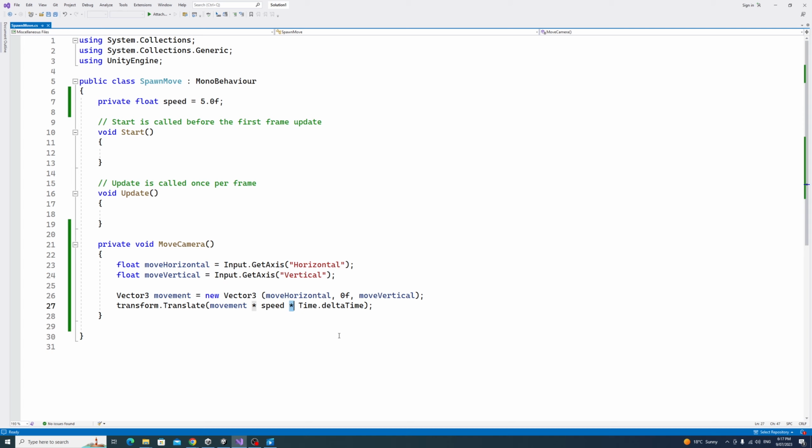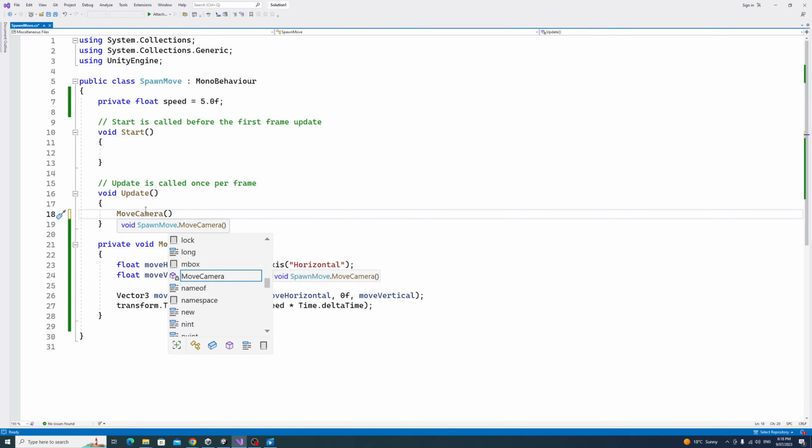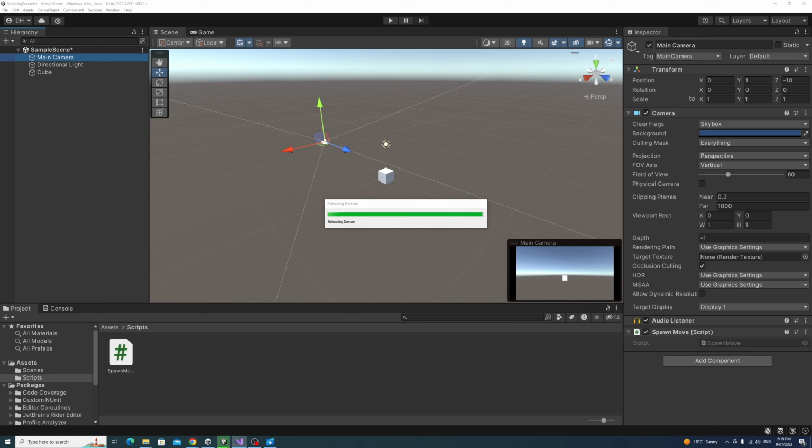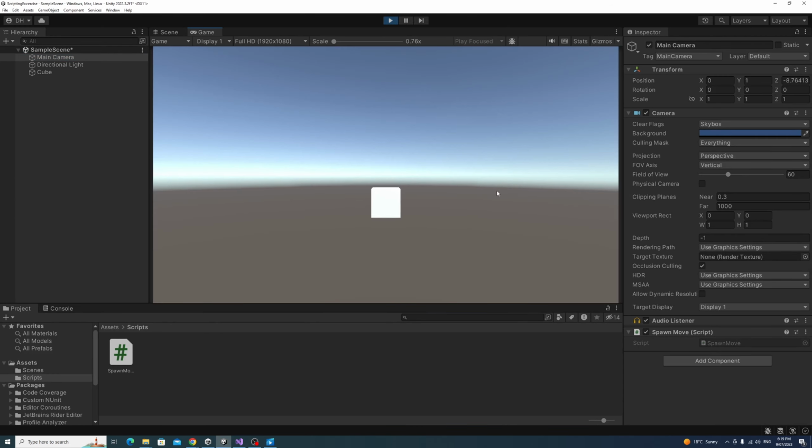time between frames. Let's call the MoveCamera method from the Update method so that the script checks for the user input every frame. Save the script by pressing Ctrl and S, or Command and S if you're on Mac, and go back to the Unity editor. Click the play button. Use the keyboard arrow keys to move up, down, left, and right to observe the camera